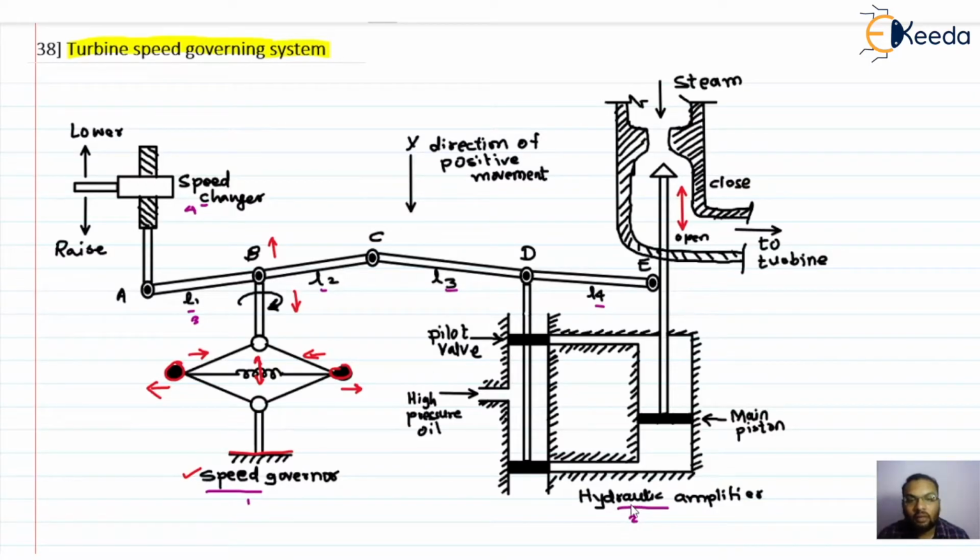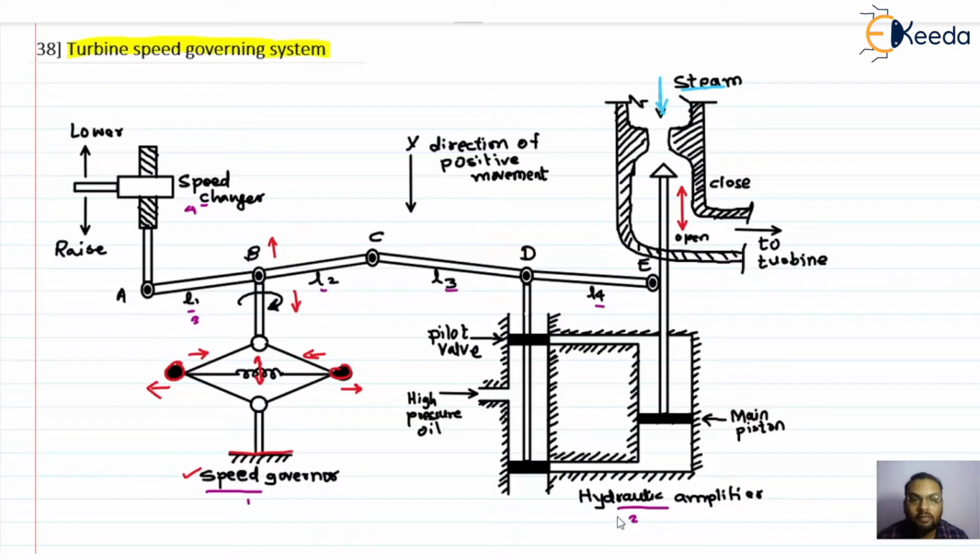The second one we have is the hydraulic amplifier. This hydraulic amplifier is very important here because it will enable us to control the valve through which the steam is passing. You see, the input steam is here. The steam will enter from this point into this chamber. Now the steam has to pass through this path, and we can control the gate of this path. How can we control it? We can control it with the help of this hydraulic amplifier. See how we are going to control.